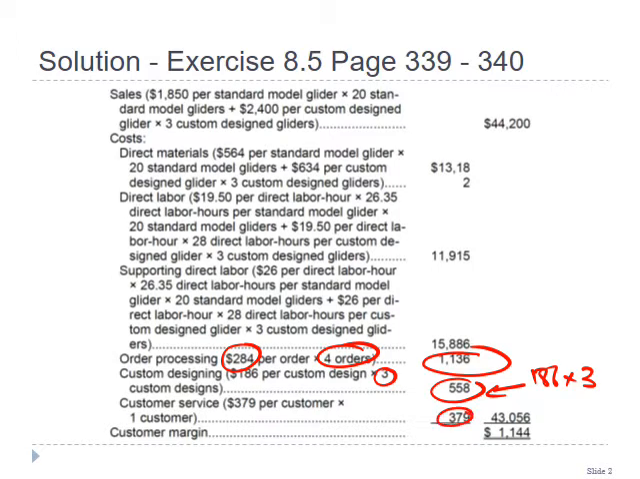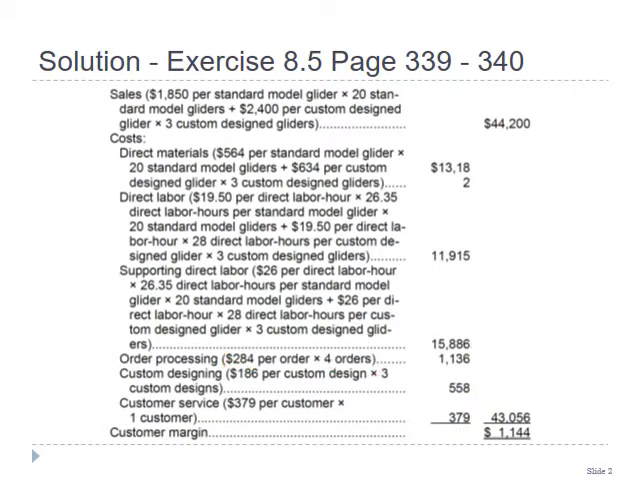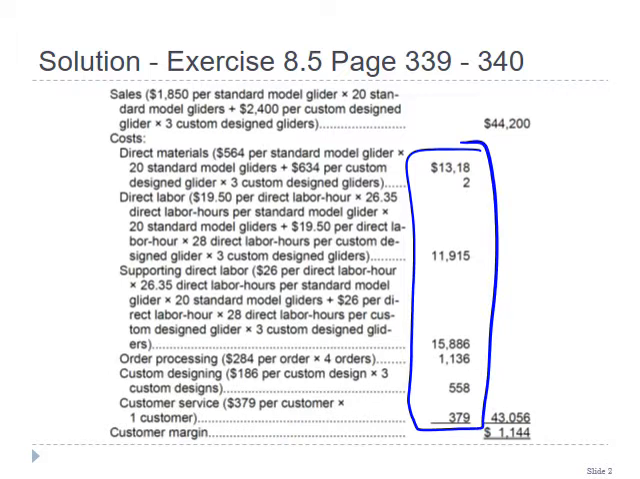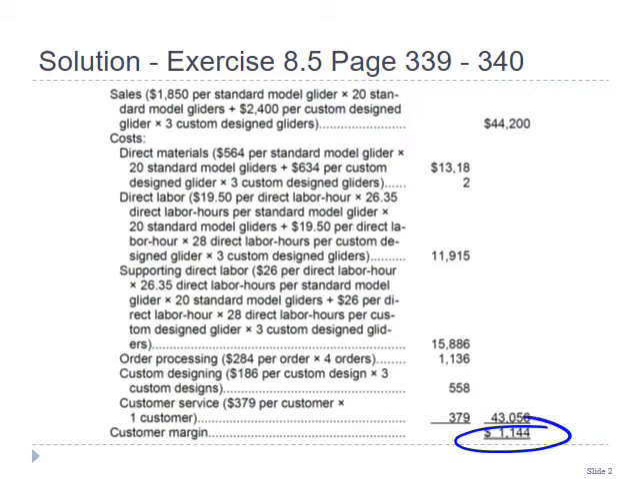So we add all the costs here. Here we add all the costs, and the answer is $43,056. So we subtract that from our sales, and the margin is $1,144. So this is how you calculate customer